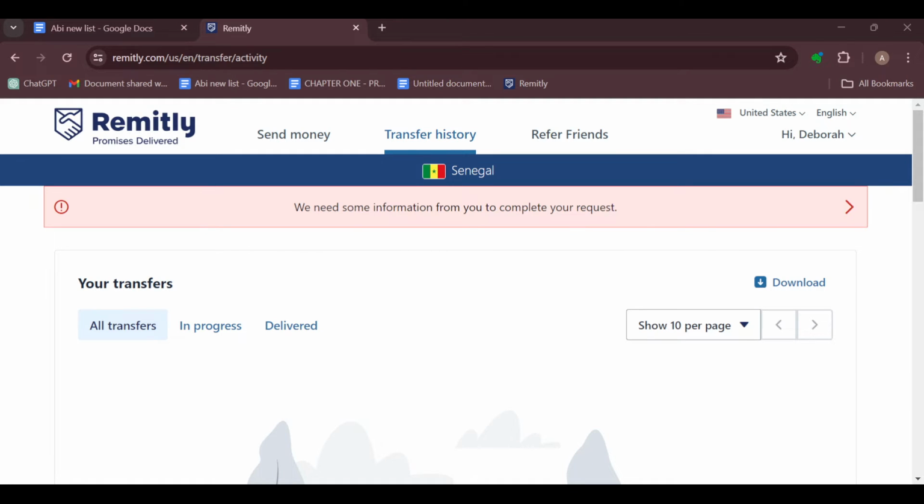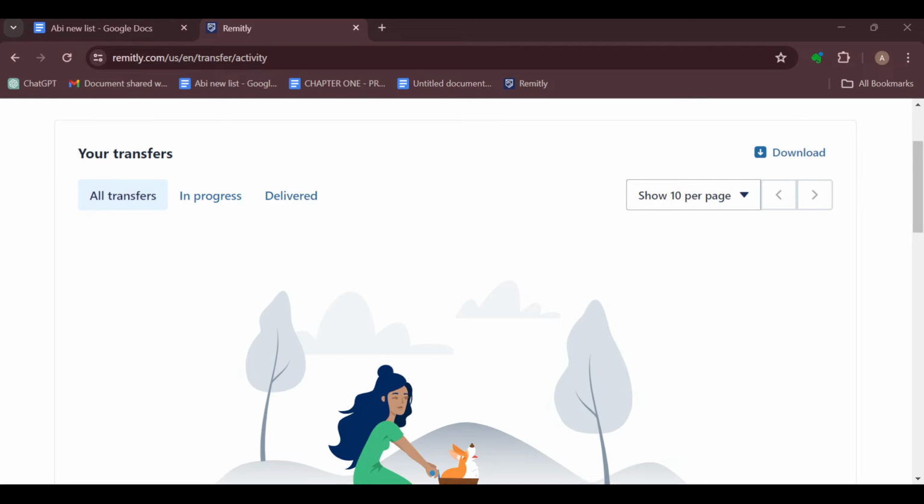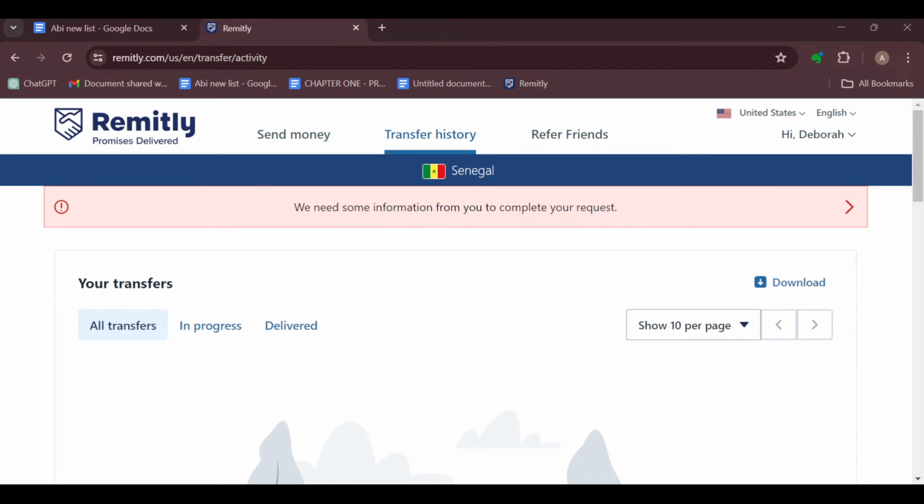Then the next thing to do is to find the specific transaction for which you want to edit the recipient details. Then click on the transaction. After clicking on the transaction, you'll be taken to the transaction details page. Here you will see the option which says view all. This view all is for you to access the complete details of the active transfer that you'd like to